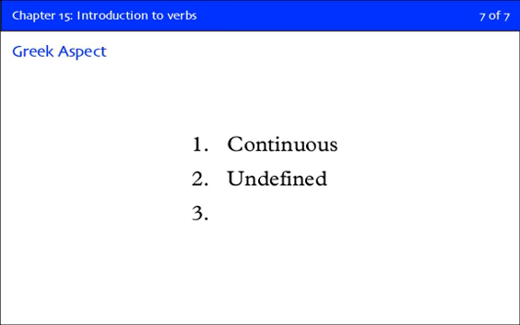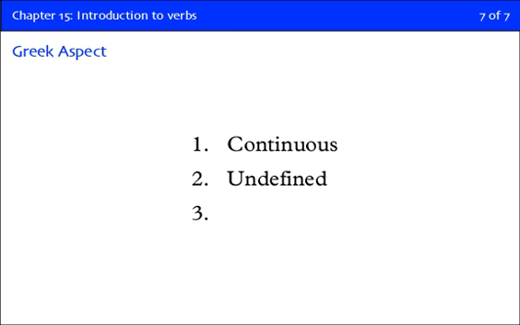And finally, I need to say one thing about aspect, and I've already introduced the two aspects in English grammar. Greek aspectual grammar is a little different. And so I want to say something about Greek aspectual grammar. Actually, in Greek, and this is an area that's debated, but I think this is the easiest way to teach it. In Greek aspectual grammar, we have 3 aspects, not 2. The first aspect is continuous. In other words, a Greek verb can express a linear, ongoing, imperfective kind of idea. That's the same as in English. However, the second